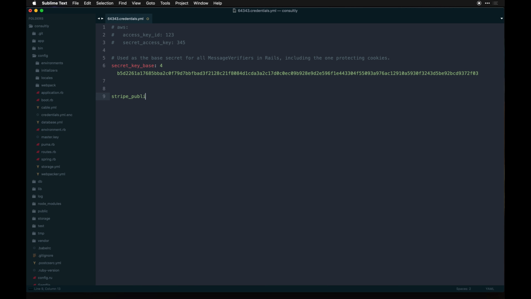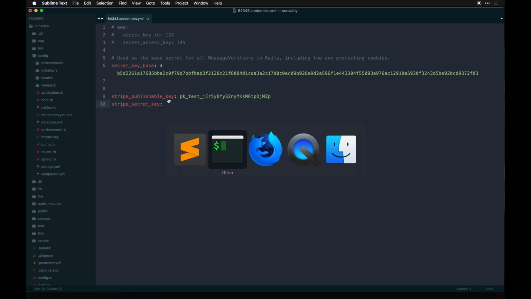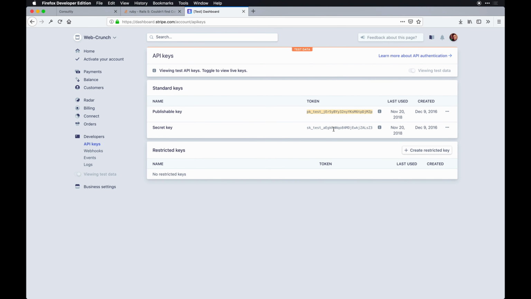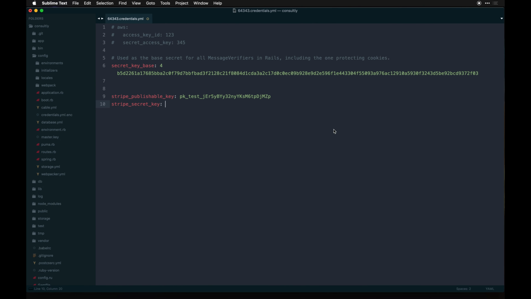So I'll do publishable key, pk test, Stripe secret key, and I will go and grab that real quick, paste that in. Once you close this file and save it, it will re-encrypt it,